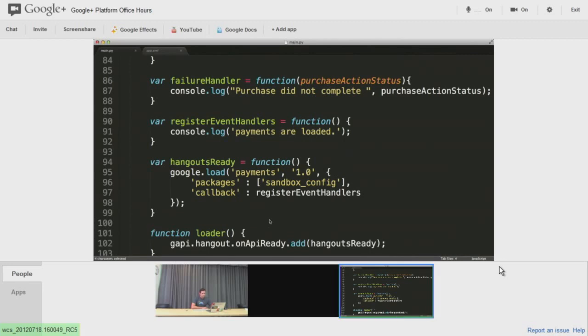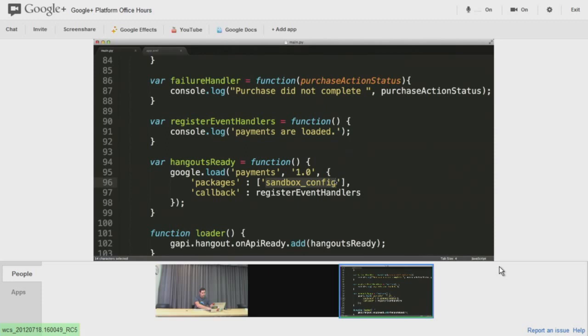The other thing that I skipped over that's important to note is that if you're using the Google Payments API for digital goods, you have to load the library with that JSON API, and I do a google.load. This is all documented in the Getting Started guide, but the important thing to note here is I'm actually running in the sandbox config. When I'm running in the sandbox config, it's a very useful feature because none of the credit card transactions will actually be charged. So I can keep on testing, tweaking, and doing